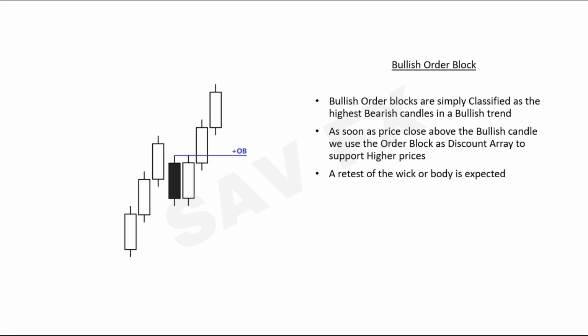So when price draws lower, it tends to leave a bearish candle. That's our retracement candle in simple terms. And then as soon as price closes above it, the lowest down close candle within a bullish trend, that is what we classify as